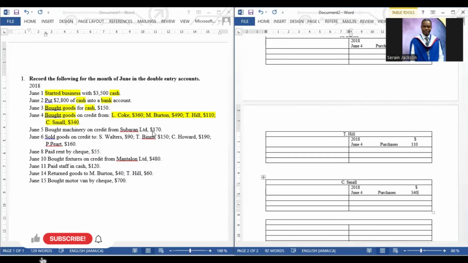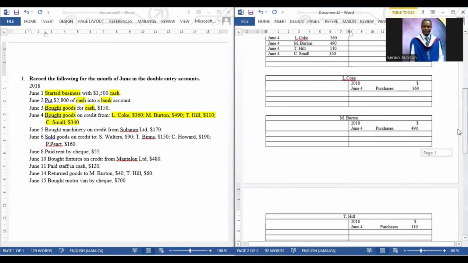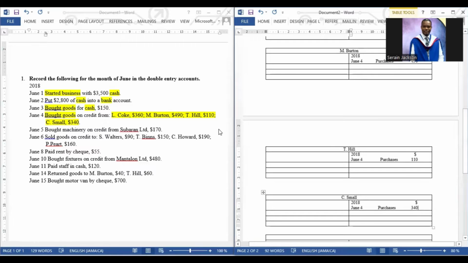All right, so we have completed entering all of these creditors' information into their accounts, right? Yeah, and so that is how we record that transaction. All right,